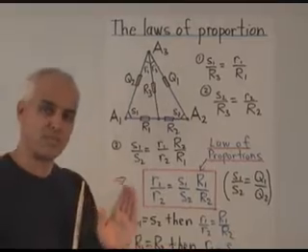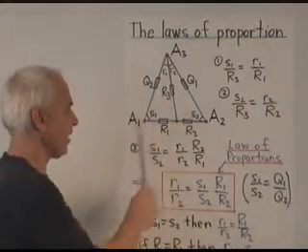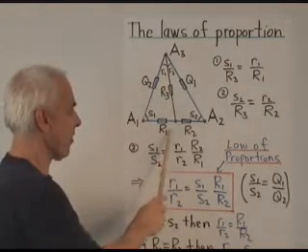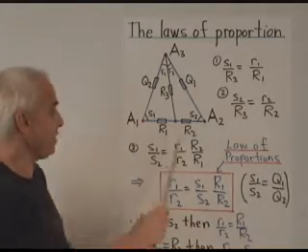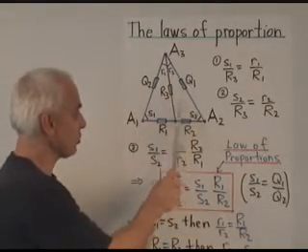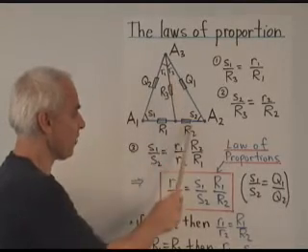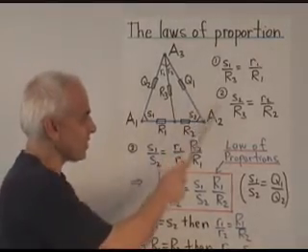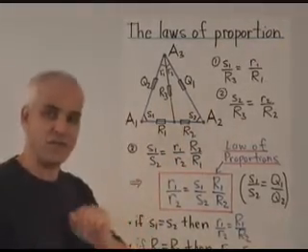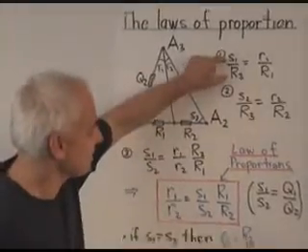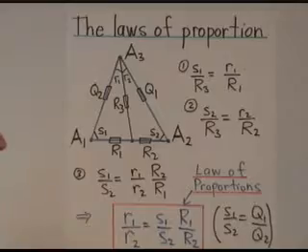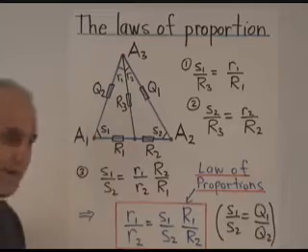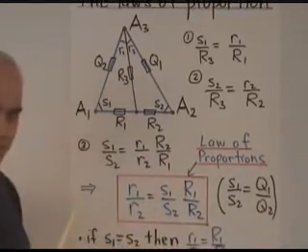The only thing we're really going to use is the spread law. First we start with this triangle here and we use the spread law in it. S1 over R3 equals r1 over R1. And in this triangle here, the spread law, S2 over R3 equals r2 over capital R2. That's that one there. Now have a look at these two equations, 1 and 2. We're going to divide one of these equations by the other. So this divided by that is S1 over S2. And this right-hand side divided by that right-hand side is r1 over r2, capital R2 over R1.